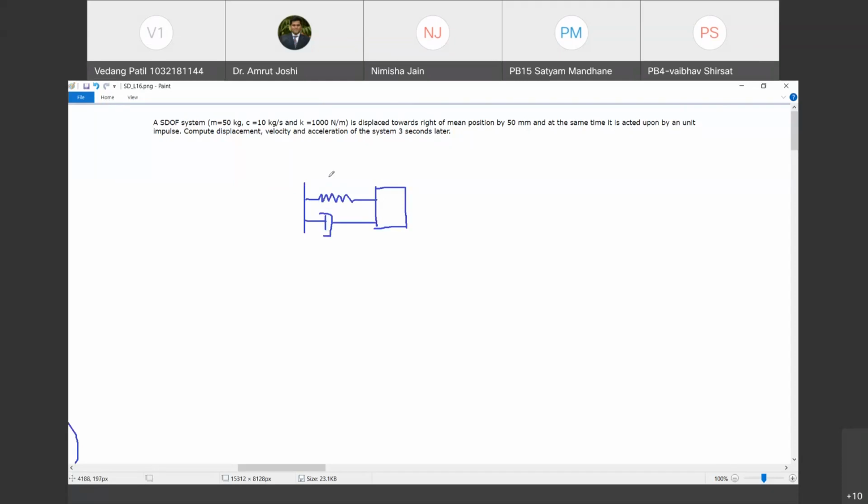I will write down the data. M is equal to 50 kg. Then C is equal to 10 kg per second. K is equal to 1000 Newton per meter. Now I am not remembering exactly the lecture number in which we had done this single impulse